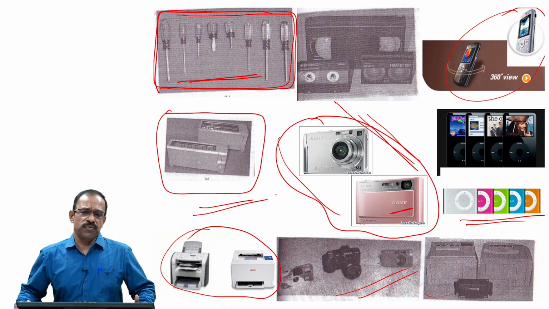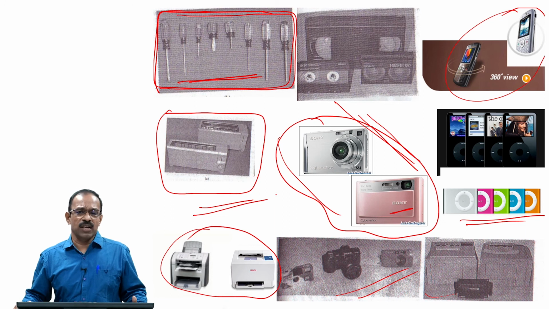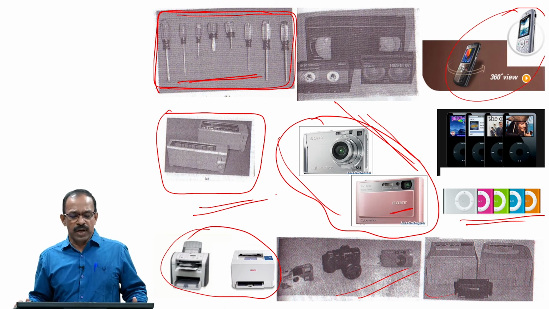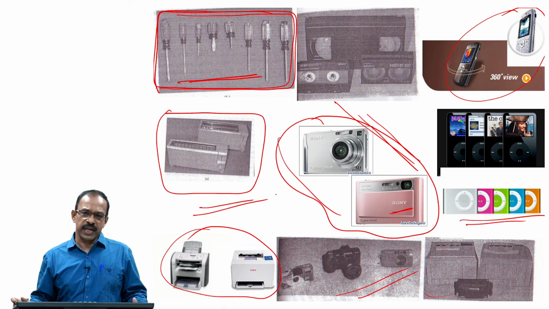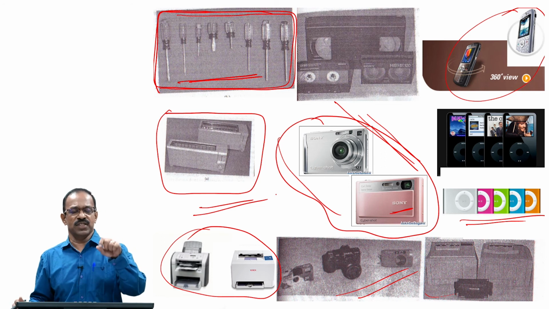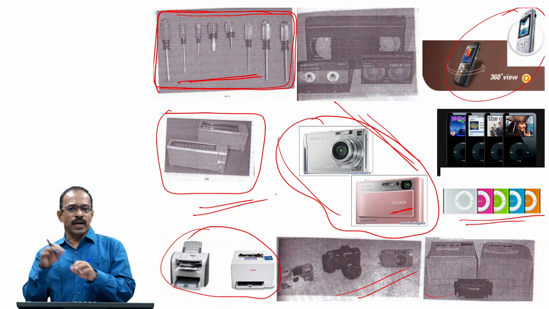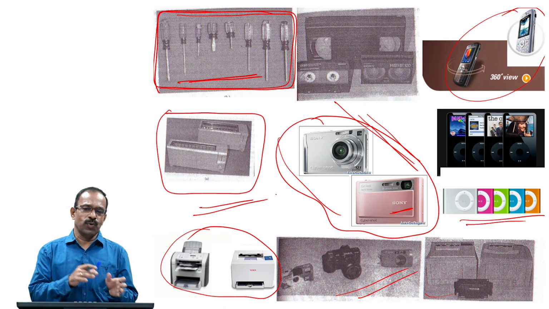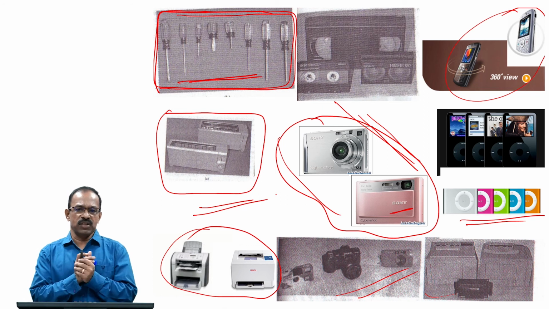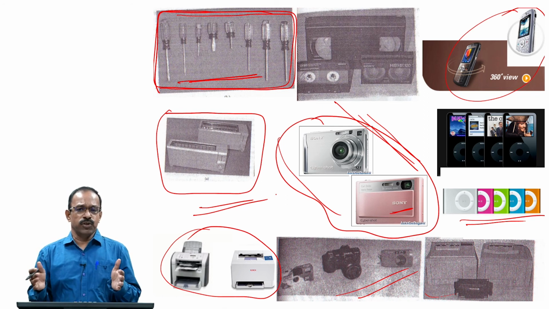So, the arranging of functions or the components in a product in order to meet the customer requirements is basically known as the product architecture. Every company will decide to have an architecture for a product, saying that, okay, these are the functions in the product and these are the components in this product. But by changing some of the components to a new better one or a lower one, I will be able to bring multiple products in the market. So, that is known as the architecturing of a product.